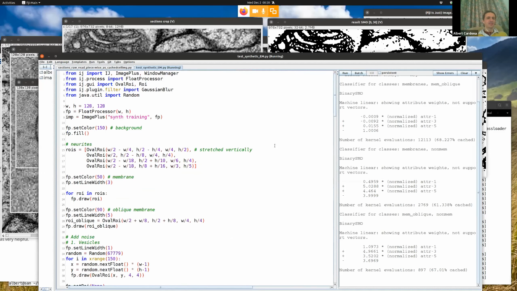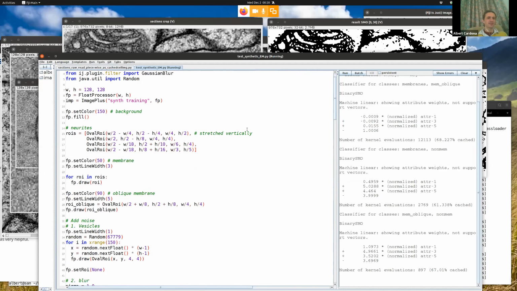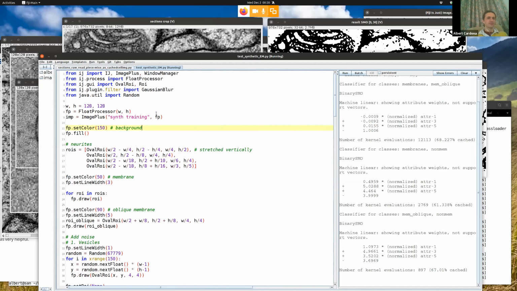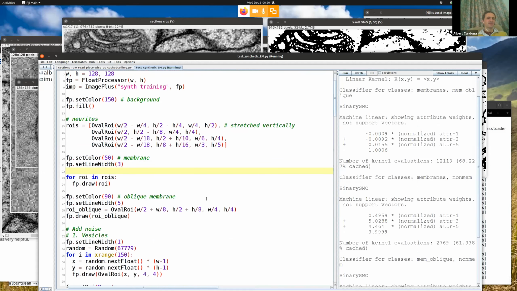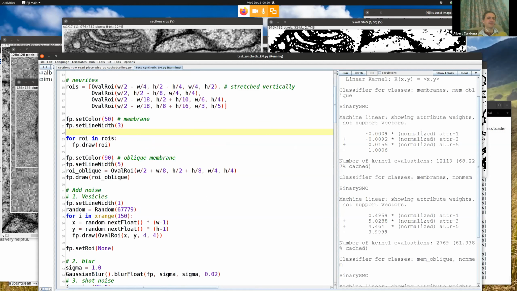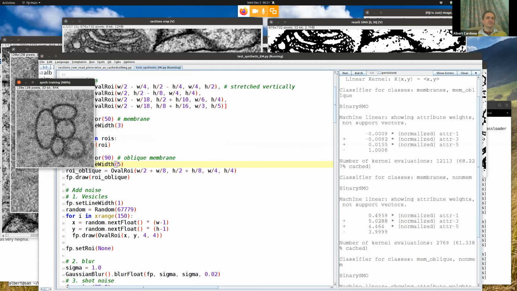Basically, the generation of the fake training data is all done using ImageJ's libraries. Take a float processor, set the color, and fill it up. I'm sure you can see this font. Then define a bunch of neuroids, which are these oval ROIs. For every ROI, you draw it with a particular line width and color that you set for the float processor. And then the oblique membranes: the color is different, so it's fainter, and the line width is thicker. The oblique membrane is actually this one here, which is a bit towards the bottom right